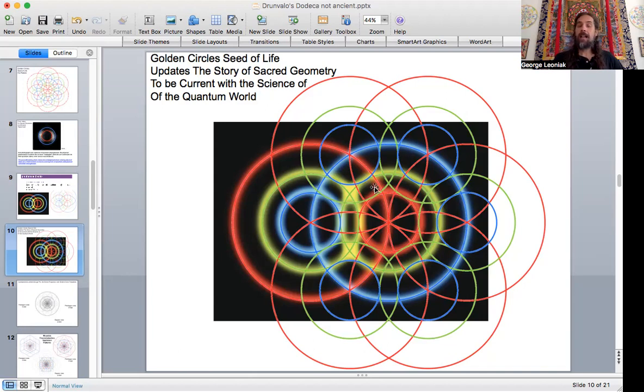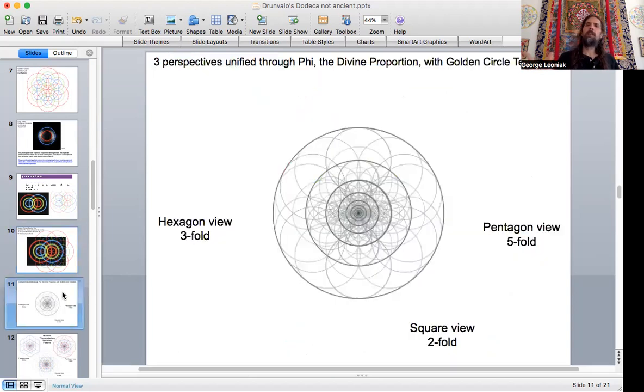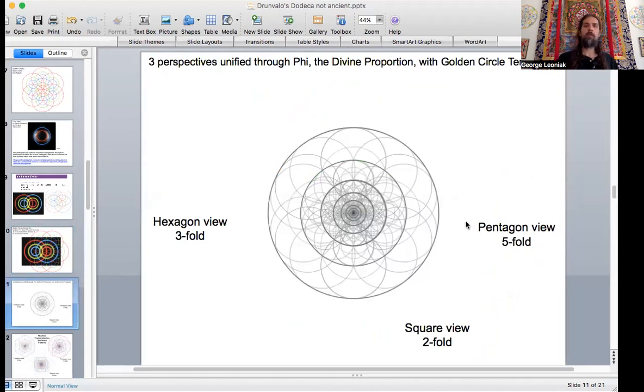And besides the entanglement that's going on in this, all these other sacred geometry forms, the phi-based ones that were not being represented accurately in the Metatron's Cube pattern, all of a sudden are. So it's a double win-win situation. But I want to illustrate one other thing about this pattern: it's not just about this hexagon view. This golden seed of life circle is really an infinite implosion pattern, meaning that it will go infinitely into the center.